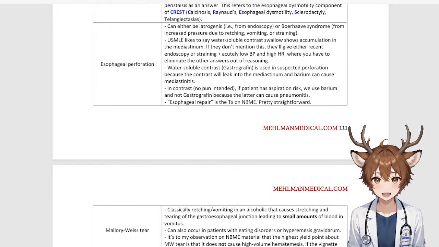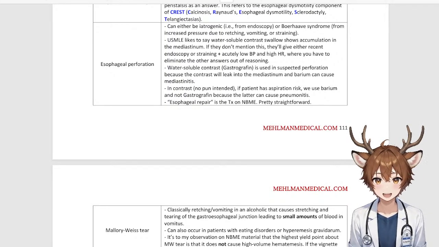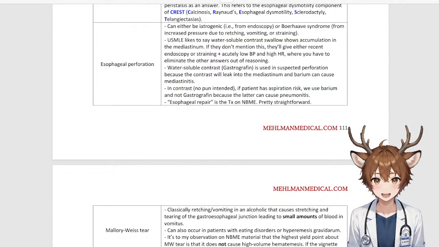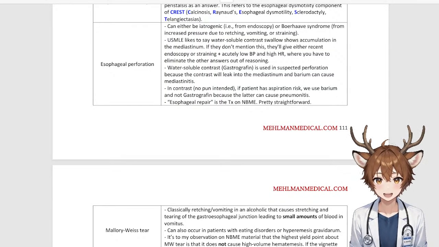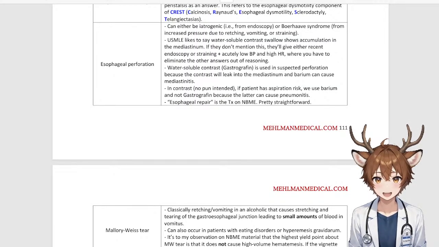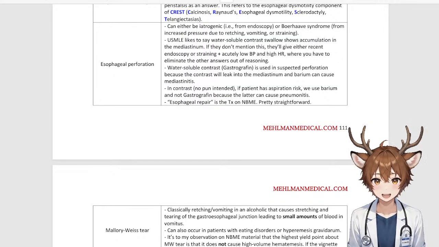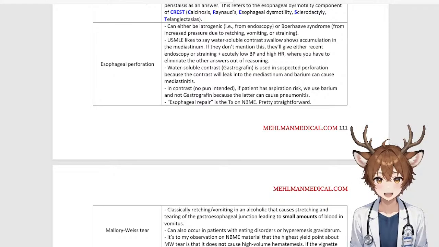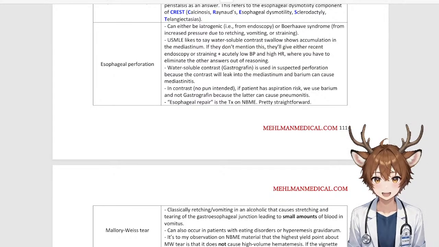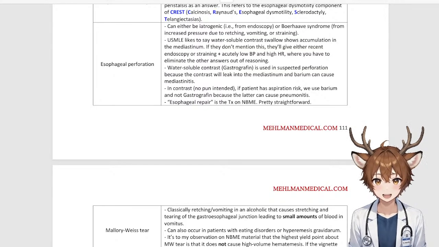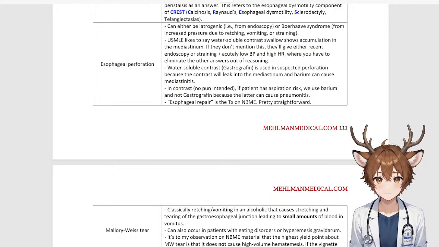Esophageal perforation can either be iatrogenic, i.e. from endoscopy, or Boerhaave syndrome from increased pressure due to retching, vomiting, or straining. USMLE likes to say water-soluble contrast swallow shows accumulation in the mediastinum. If they don't mention this, they'll give either recent endoscopy or straining plus acutely low BP and high heart rate,